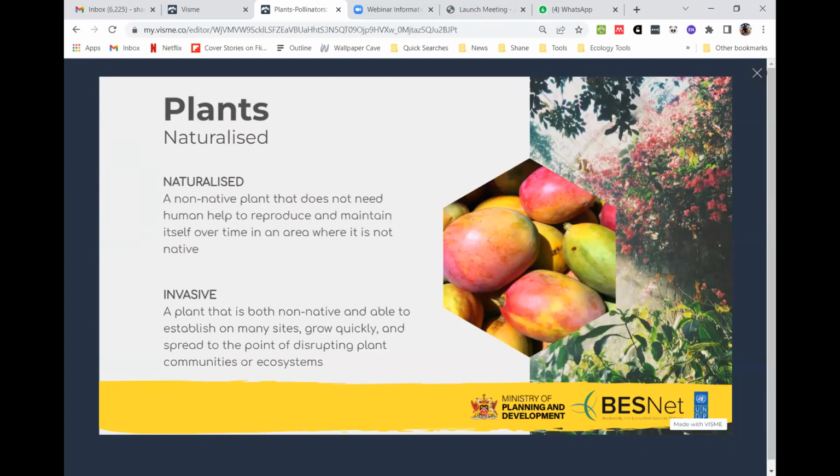And then of course we have invasives. Invasives are a tricky term because again, a plant can be native in one place and be invasive somewhere else. A definition of that is a plant that is both non-native and able to establish on many sites, grow quickly and spread to the point of disrupting plant communities or ecosystems. And that's a key